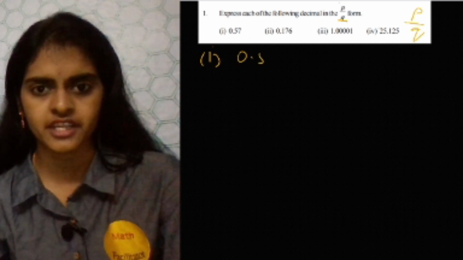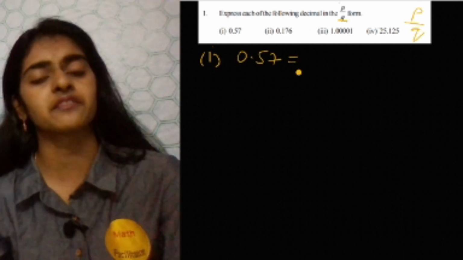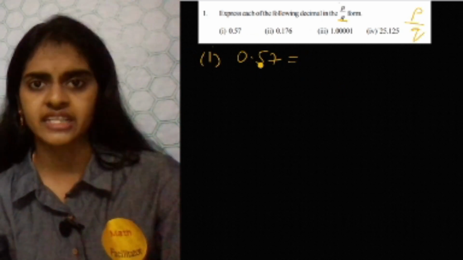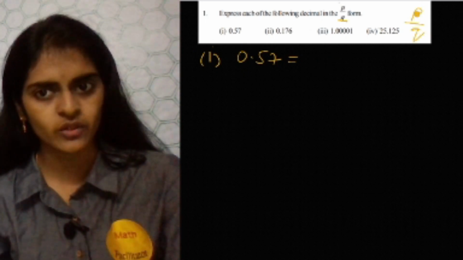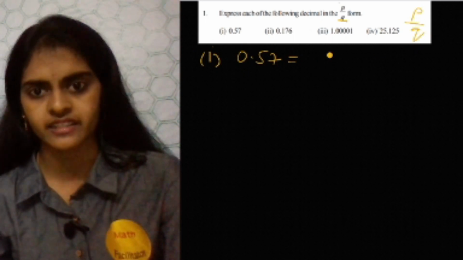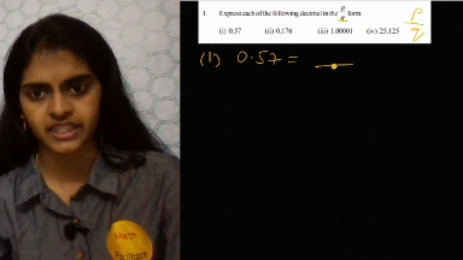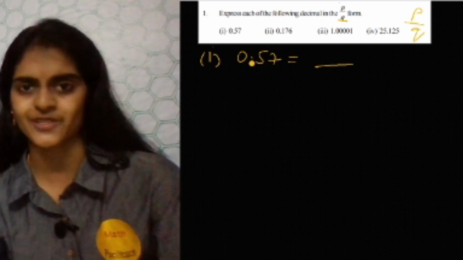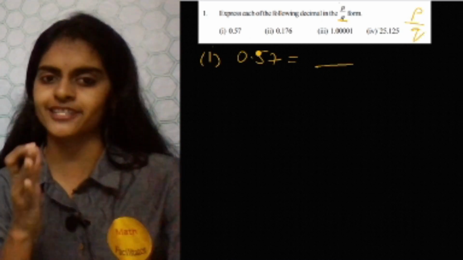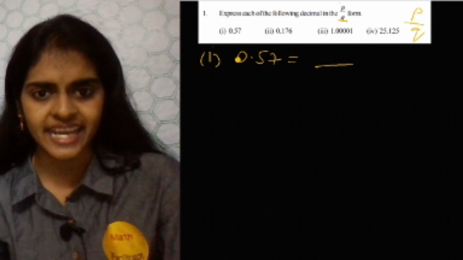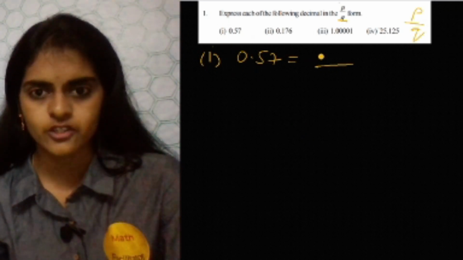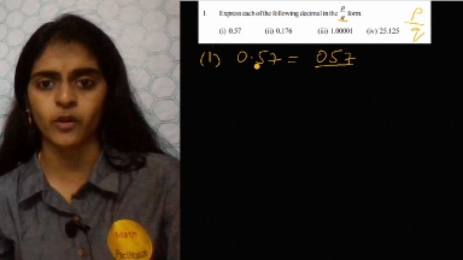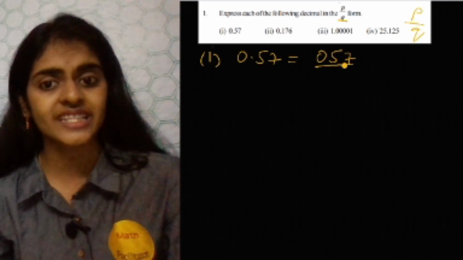So it is 0.57. How will you convert this decimal into rational? You will take the entire number whatever is given here. Rational is nothing but you will have a numerator and a denominator, isn't it? Now the method I am teaching you is the simplest one. Do follow it. Even if you don't know the basics, you will understand this method. So take the complete number, 0 5 7, without the decimal point. Don't write the decimal point here. So this is the numerator.